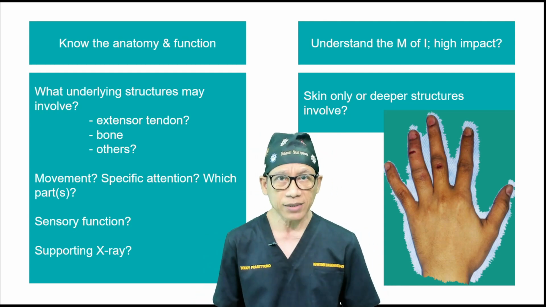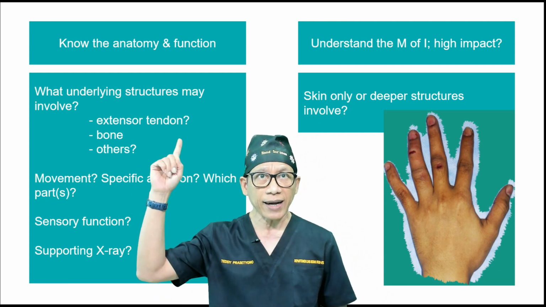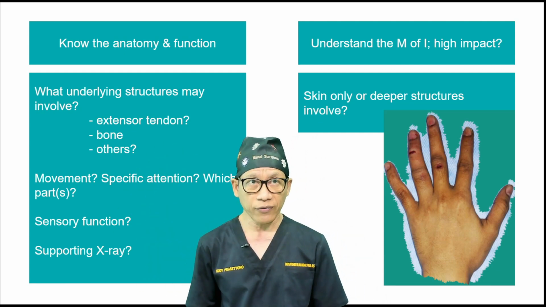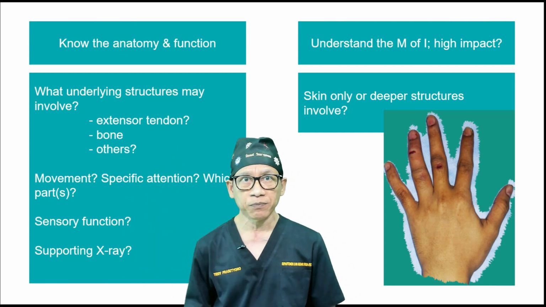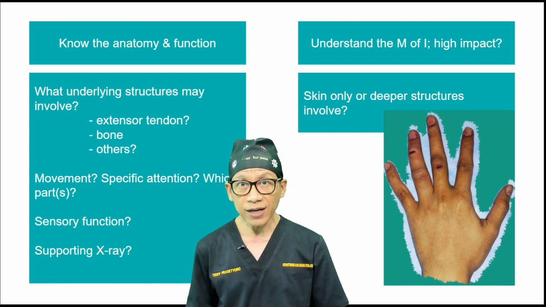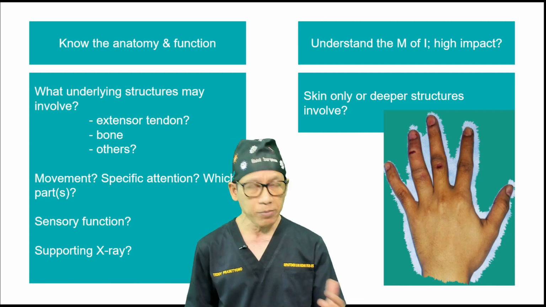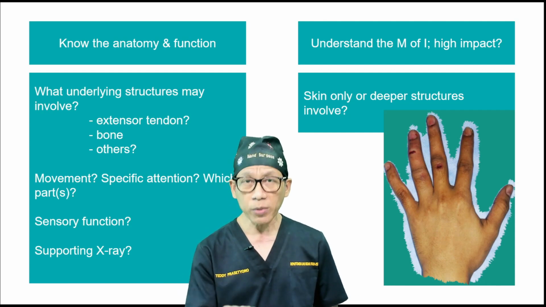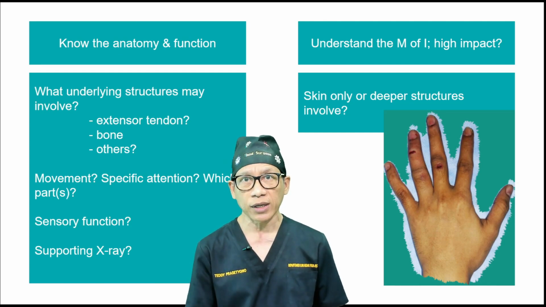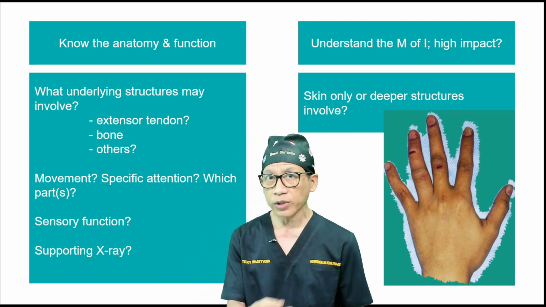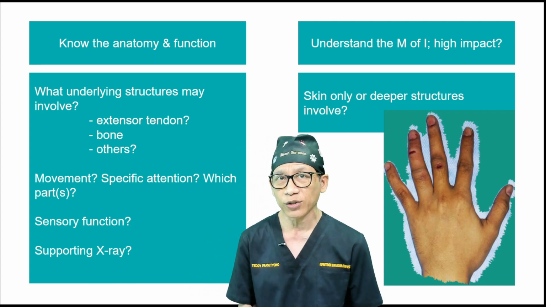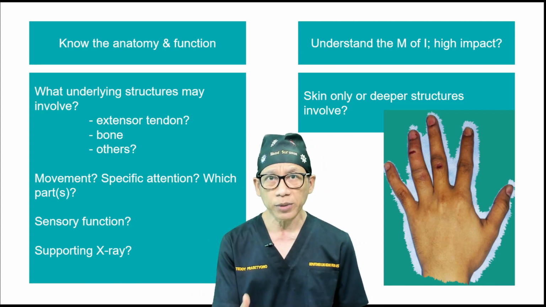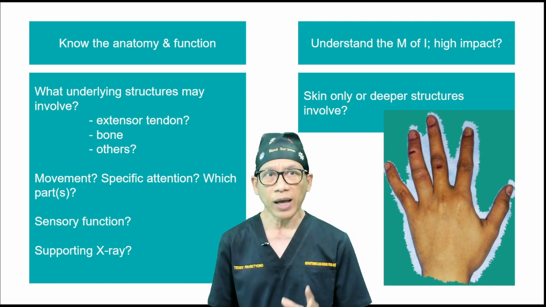So at the very basic level, you need to know the anatomy, the functions, and what underlying structures may be involved, as I have discussed with you. After recalling the anatomy, you can mimic it yourself: your own normal hand is the normal anatomy that you can refer to. When you look into your own hand, it's going to be easy for you to simulate the knowledge of the anatomy and then relate it to the functions.